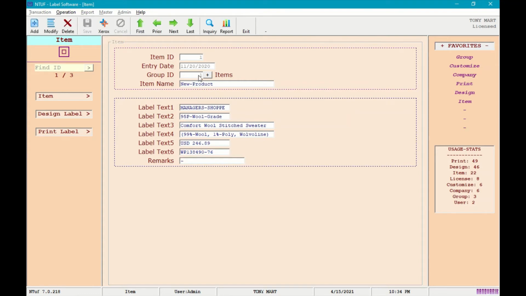So there are 2 options. You can make an entry of the item that you want to print the labels for. Say for example, in your store you have purchased this particular sweater, 20 pieces of this sweater, and you would like to create the labels, 20 labels for those single piece items, so that you can peel the sticker and put it on the